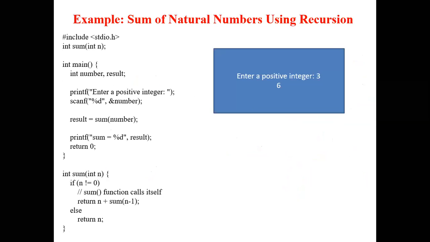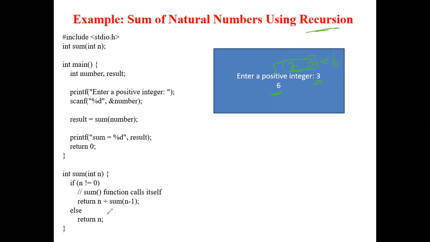So just one more example we will look into. We have to find the sum of n natural numbers. Suppose your n value is 3, so here 1, 2 and 3. This is our 3 numbers. So we have to find the sum of these 3 numbers. So what is the answer? We are getting 6. The sum of natural numbers using the concept of recursion. This example we have already discussed, how to find the sum of natural numbers previously in module 3. Now we are using the concept of recursion.